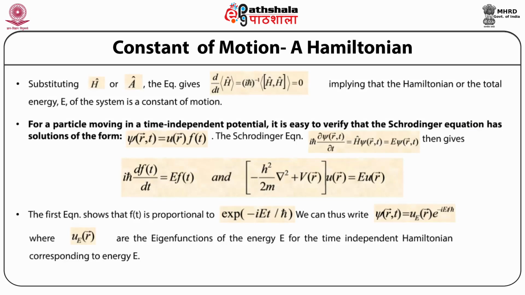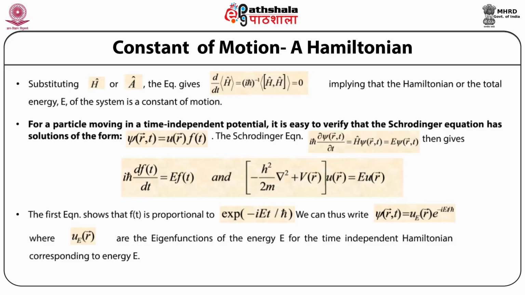Now, according to the postulate of quantum mechanics, the state of a physical system at any given instant in time, that is at any fixed time t naught, is represented by the ket vector psi as a function of t naught. Thus, the initial state of a physical system is denoted by the ket vector psi t naught, and the state of the system at any subsequent time t, given by the ket vector psi t, is determined by the time-dependent Schrodinger equation, which can be written as i